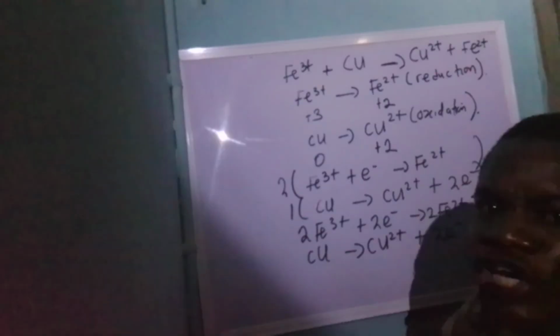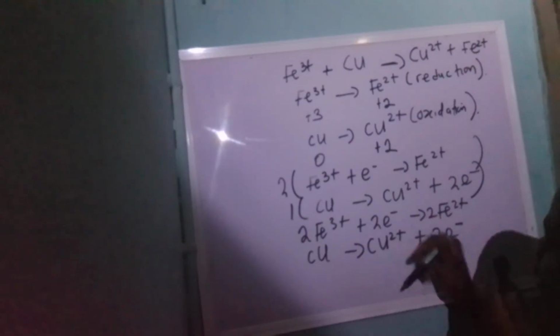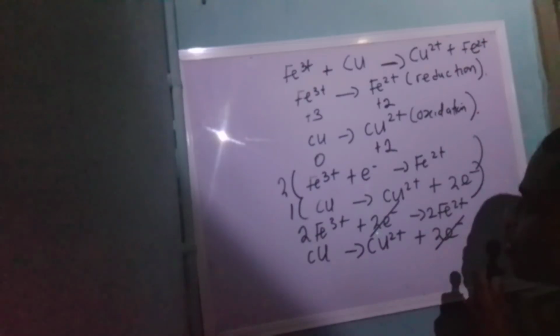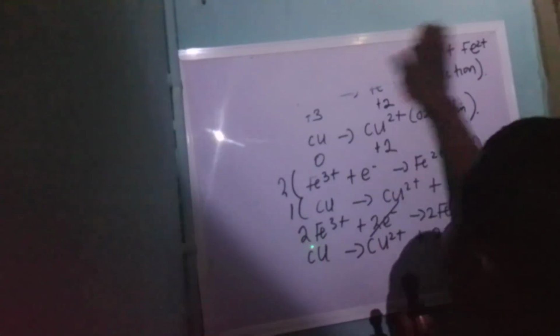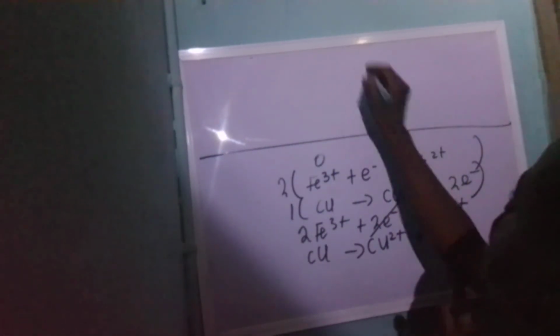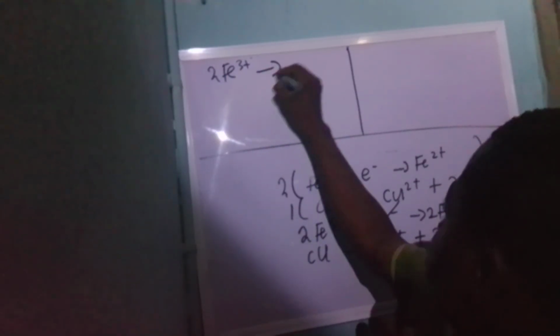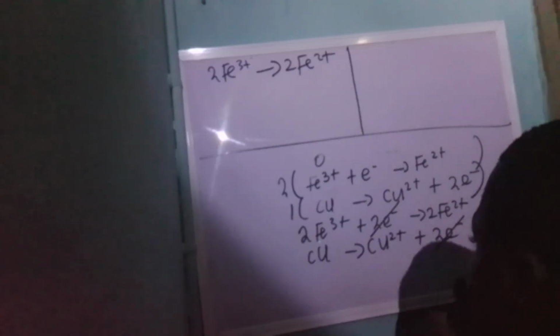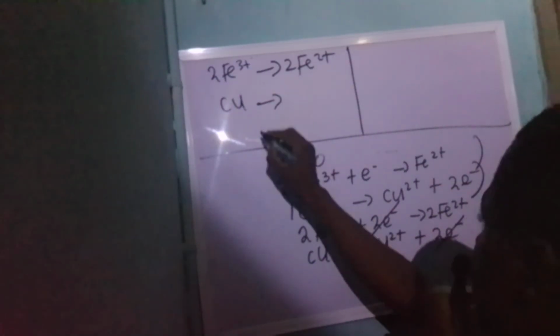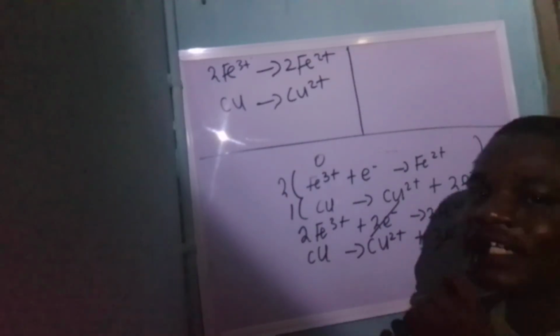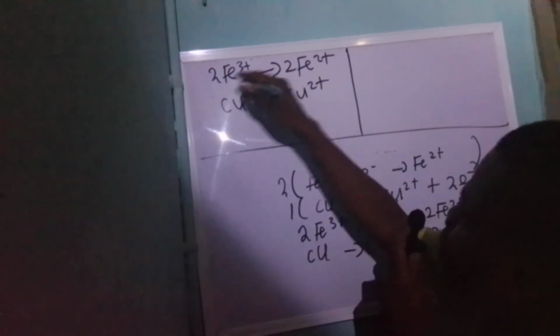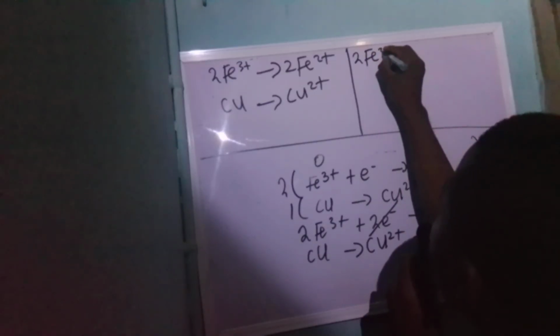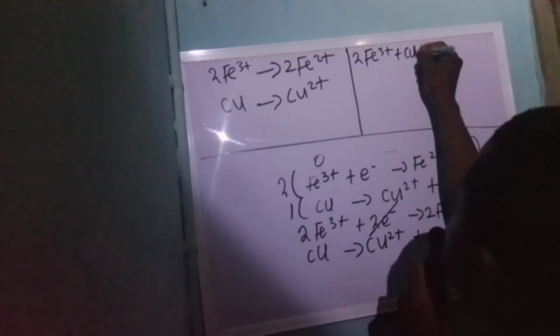The next thing to do is to add. You can see we have 2 electrons here, and they will cancel each other. Is that okay? After we cancel the electrons, we have 2Fe3+ to give us 2Fe2+. The second one, I have Cu to give you Cu2+. Now add the reactants to reactants, and products to products. So that means I will have 2Fe3+ plus Cu to give me